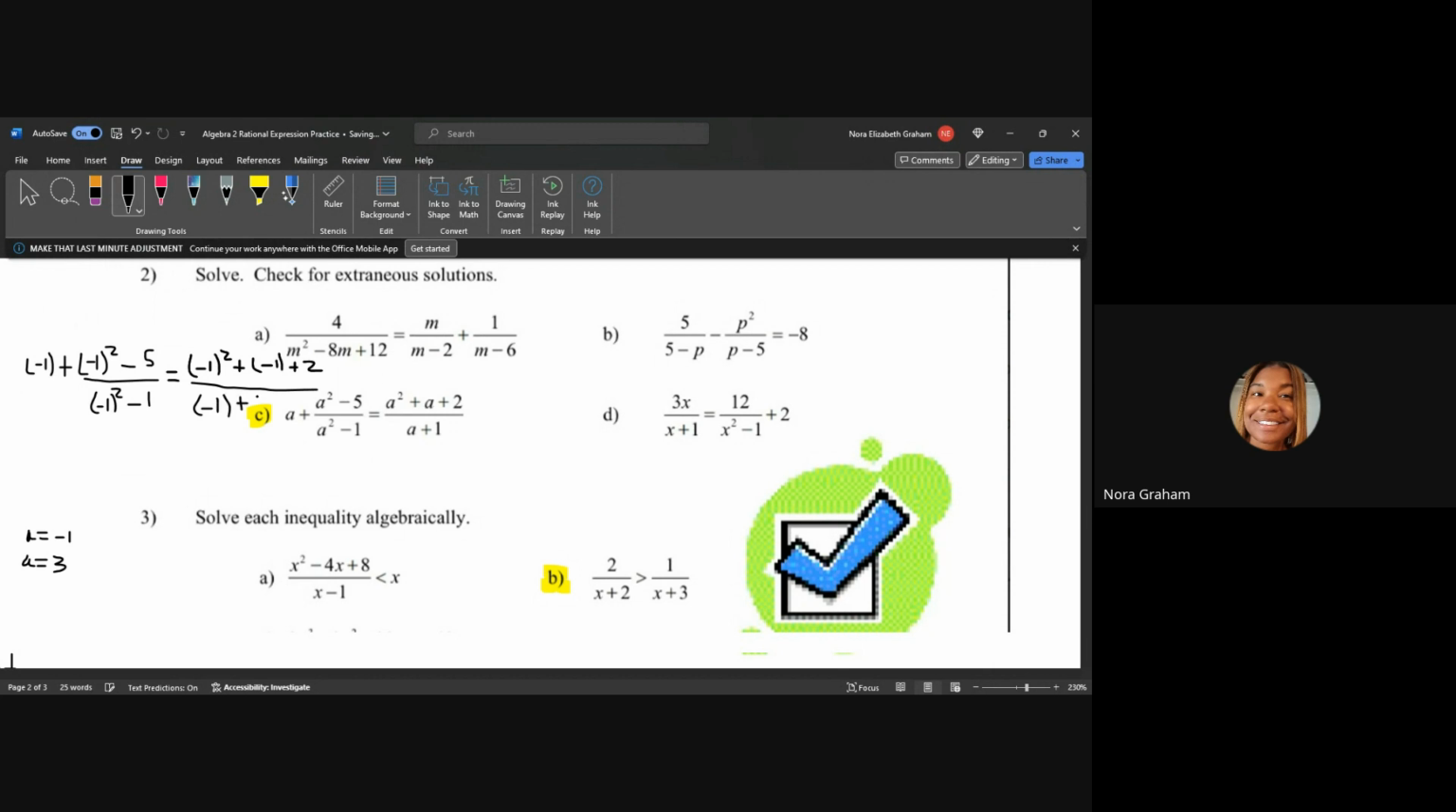Right off the bat, I can see I have negative 1 plus 1 in my denominator. I cannot have that, okay? But let's go ahead and solve all the way through and see if something happens. So this is going to be negative 1